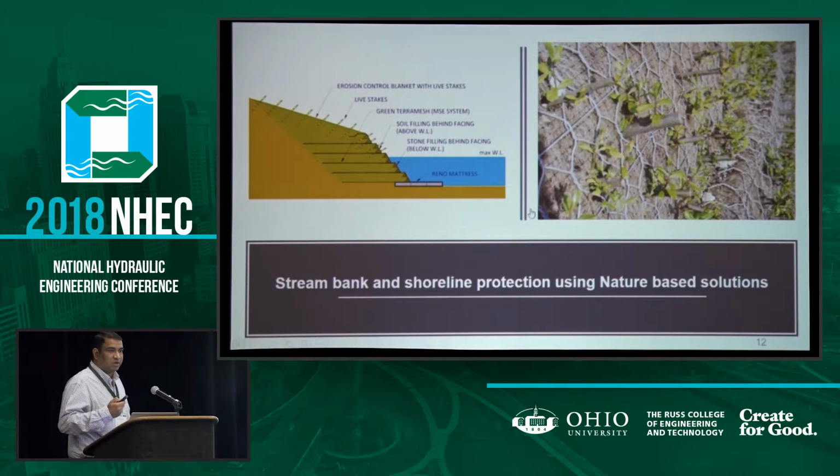And these reinforced soil slopes, they are typically laid down at 60 degrees minus, 70 degrees minus, so they are termed as a slope, but 60 degrees and less is where you have the vegetation success, or a lot of vegetation growth. And these reinforced soil slopes can be designed with the vegetation component inside itself and can give you a natural looking bank instead of having a bank which is a rock riprap or any